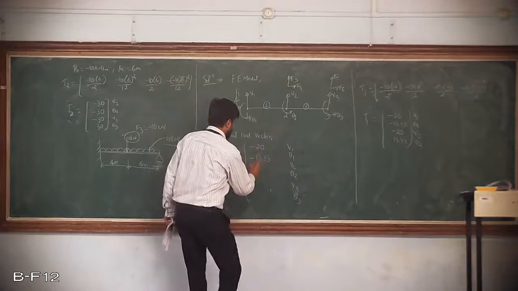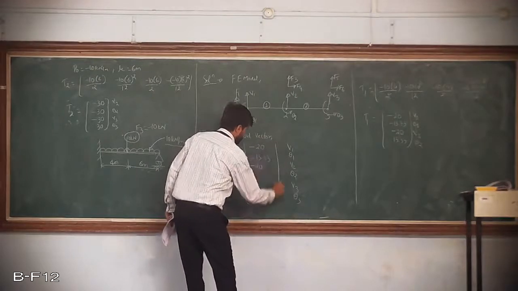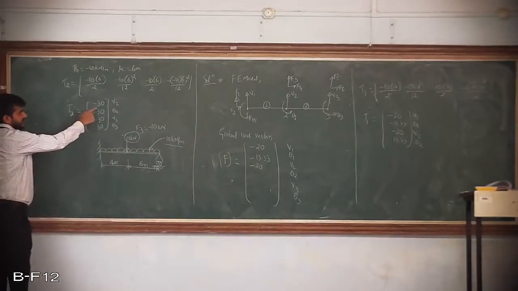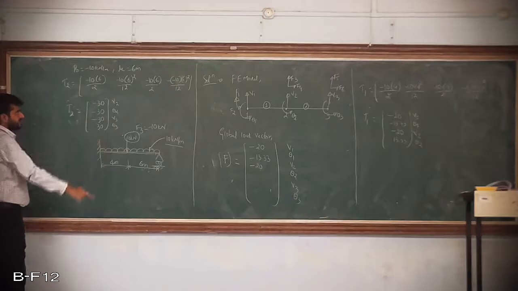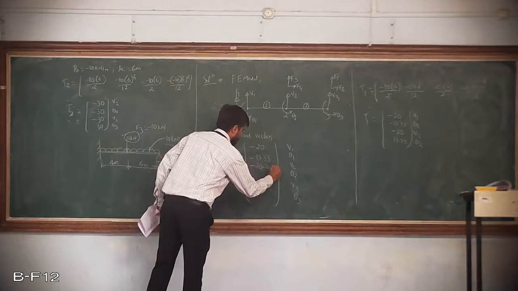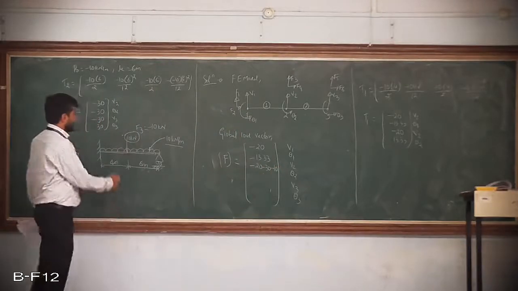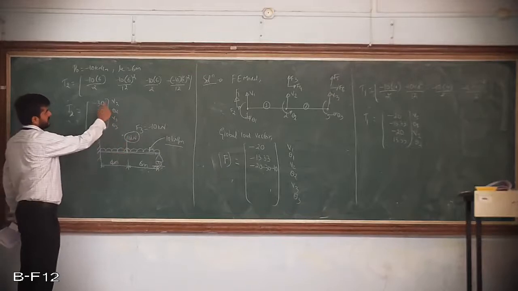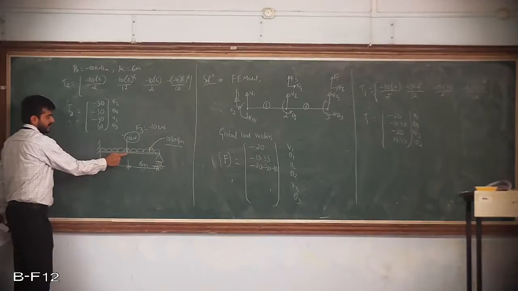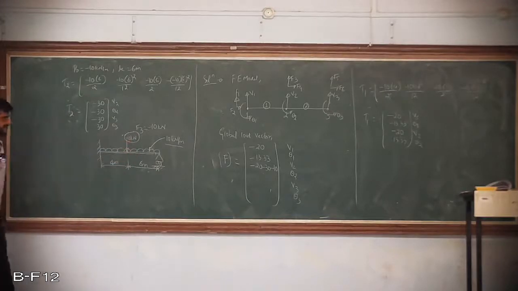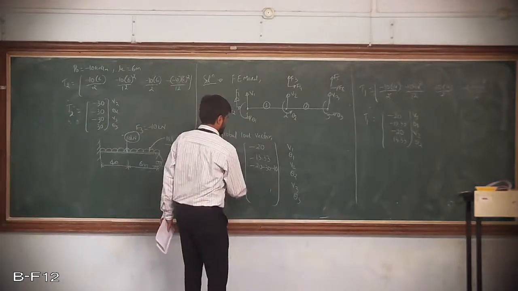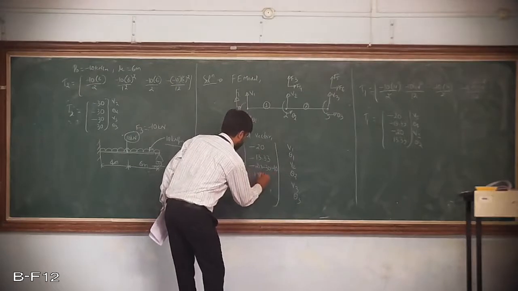So V2 is minus 20. And here again you are having V2, where node 2 is common for element 1 as well as element 2. So minus 30 I will write here also. I will write minus 10 also here, because node 2 is a combination of the first element and second element where UDL is common for both. And at node 2 there is F3, nothing but the point load, that has to be added there. So next, theta 2 is 13.33.